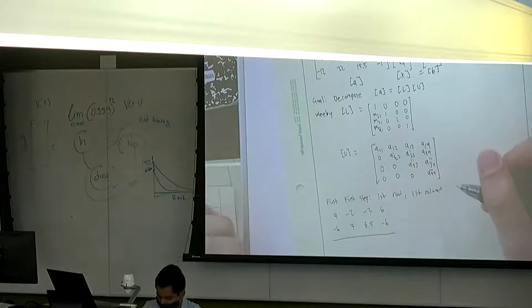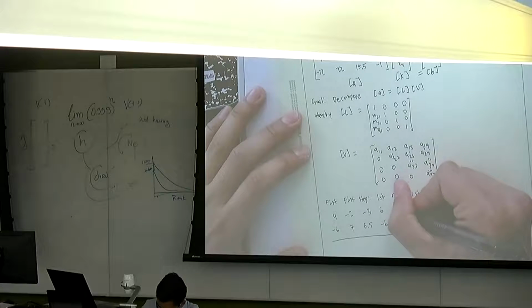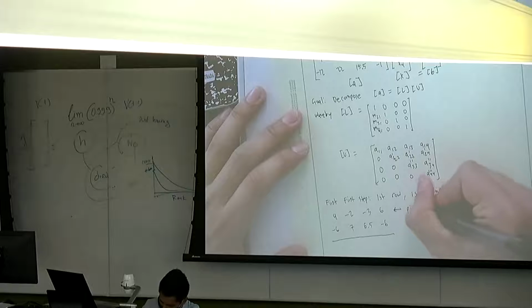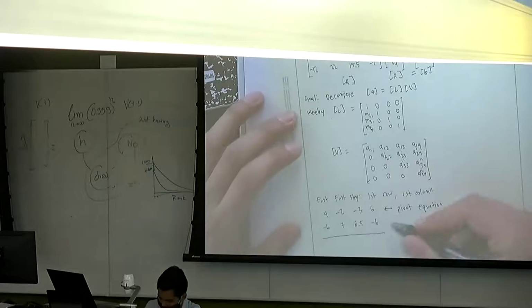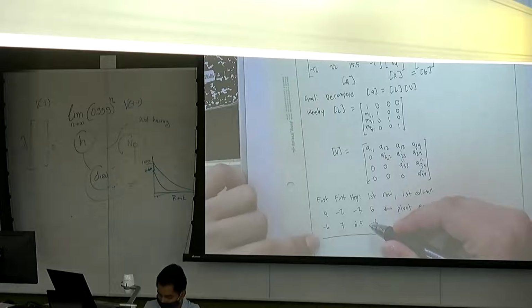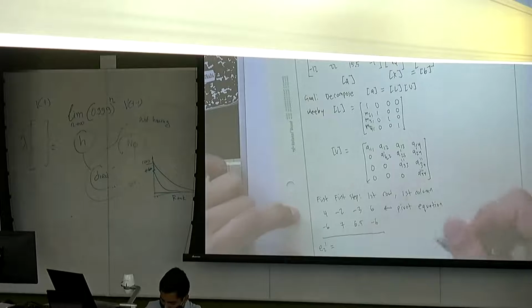Okay, what is this called? Good. This is the pivot equation. And this is the equation that we want to change. So our new equation, which we're going to call E2 prime, is going to be